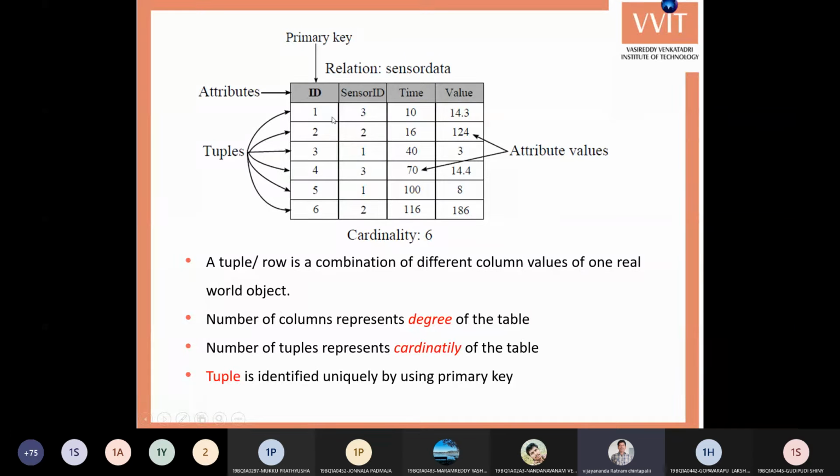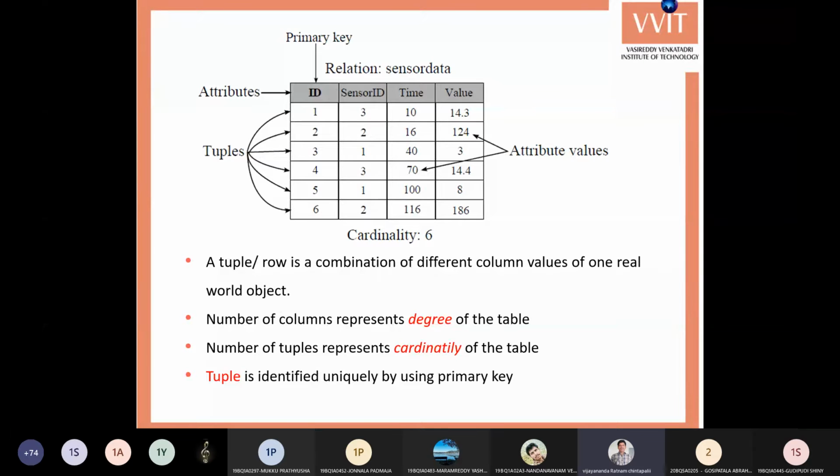The cardinality of this relation is 6, because there are 6 different rows. And the domain means the set of possible values for a given attribute. Through this, what we are trying to learn is that data is represented in the form of relations.